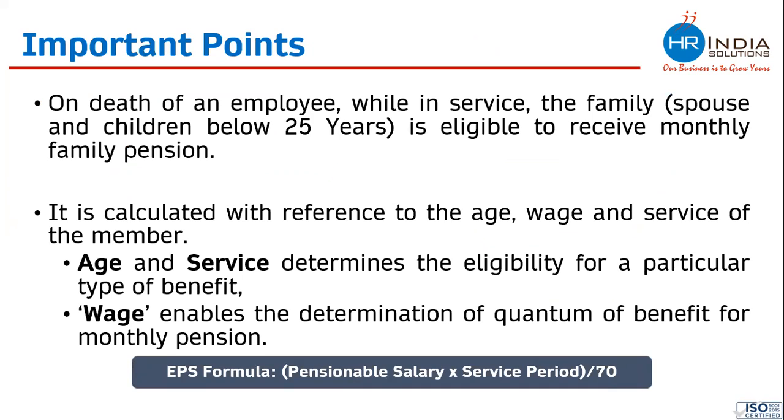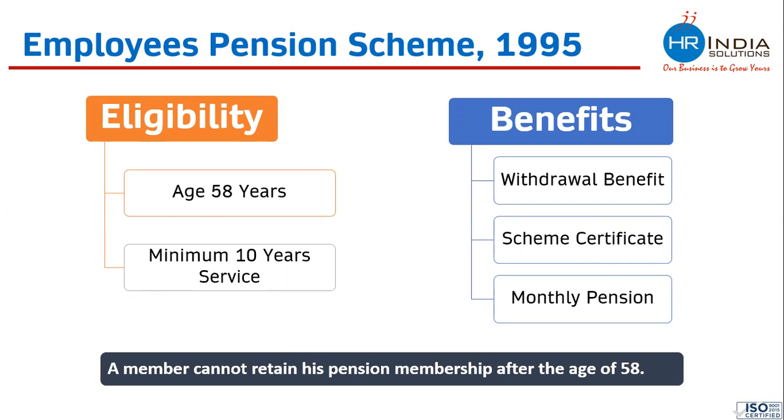I didn't understand the first point, withdrawal benefit. It's when you leave the organization, you can withdraw the pension amount as well. You are saying that the pension amount and PF amount both can be taken, that full and final settlement can be done, right? Yes, the entire money can be taken, and the employee is not okay to go for monthly pension. Okay, on completion of 58 years, you mean to say?